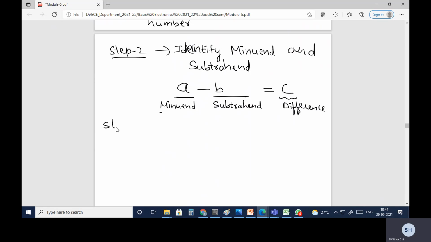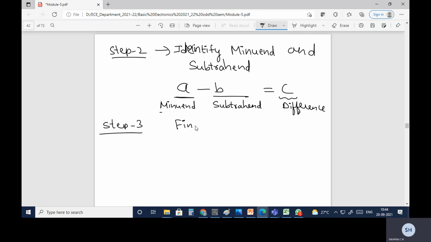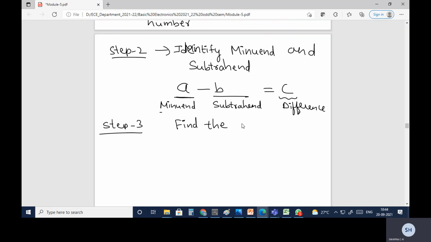Now coming to step 3: find the ones complement of the subtrahend. Here we are finding the ones complement because this is the ones complement method.